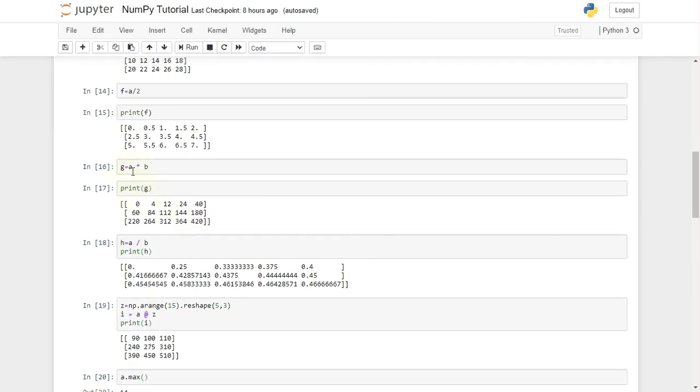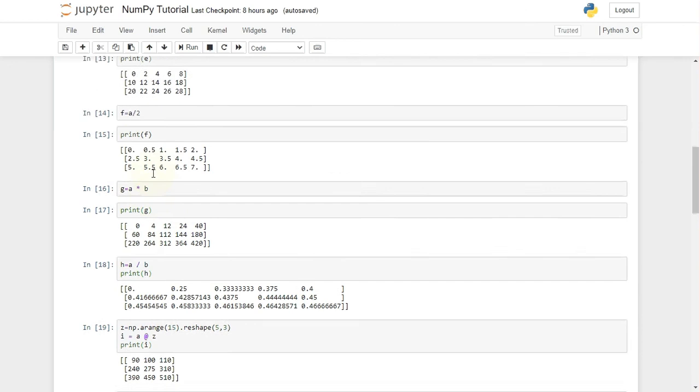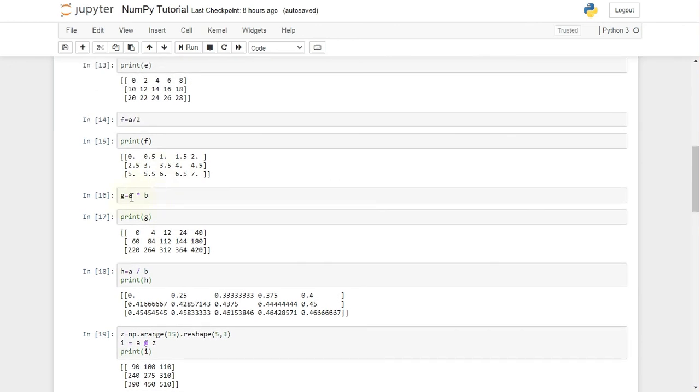Then we have to perform multiplication of 2D arrays. Unlike most programming languages, like MATLAB, where this operation gives us matrix multiplication, this is not the case in Python NumPy. When we perform this operation, it gives us the result by multiplying element wise.